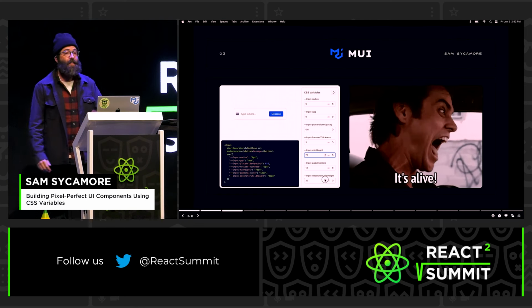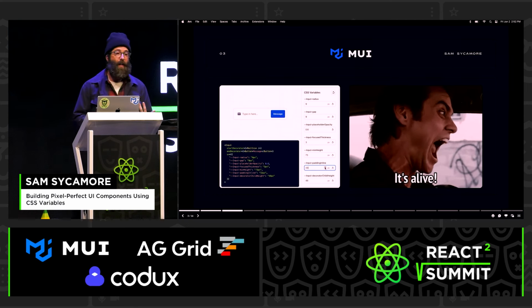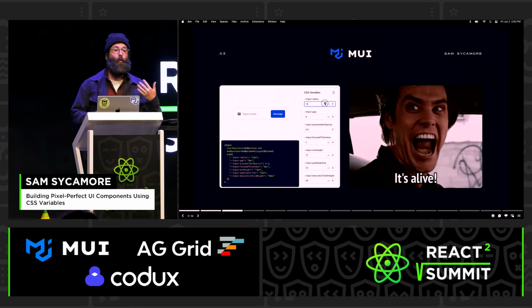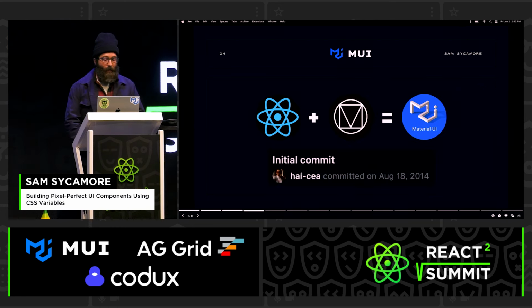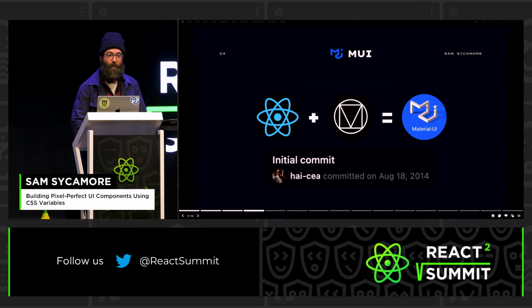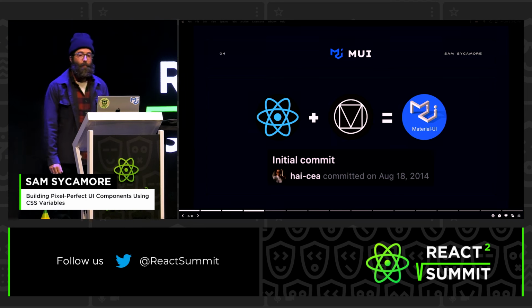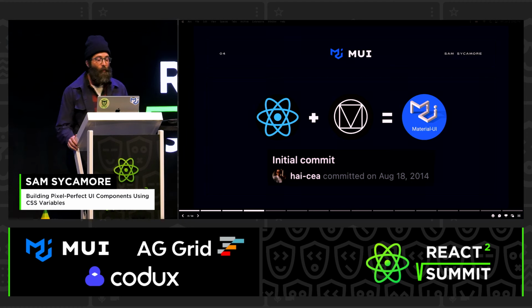And the role of CSS is quickly expanding. So for us developers, it opens up so many new possibilities. But before we explore some of those possibilities, I need to share a little backstory here. MUI as a company began with Material UI, which is the React implementation of Google's Material Design. We do a lot more than just Material Design these days, but Material UI remains one of the most popular open source libraries on GitHub and has a history stretching all the way back to the early days of React itself.